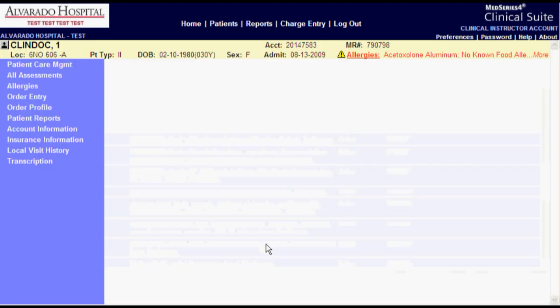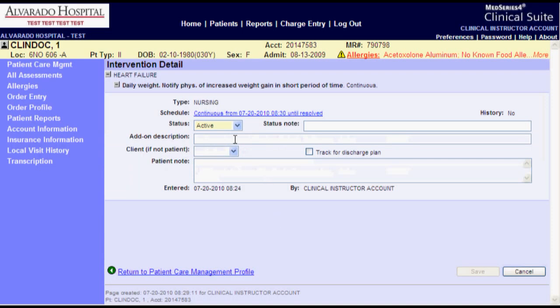Let's individualize this patient's outcome for daily weights. For example, daily weight, notify physician of increased weight gain. We can individualize it to the patient by clicking on the hyperlink and assuming the patient has an order for notify physician if weight gain greater than 5 pounds. We'll simply add that as active, add on description, notify MD for weight gain